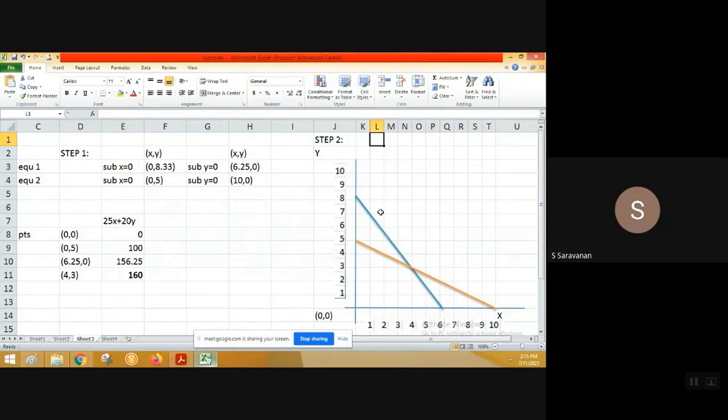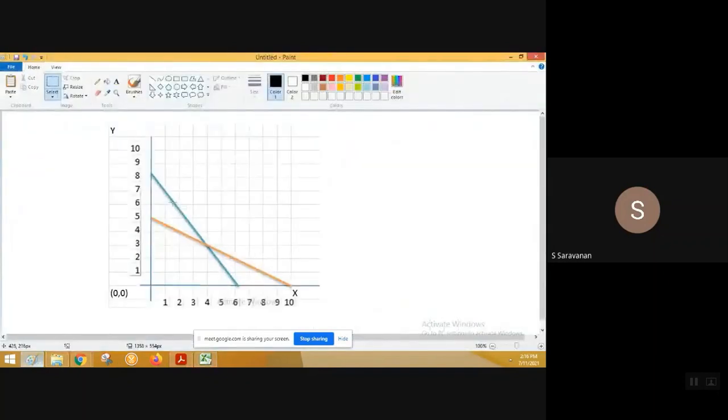Okay. So now just let me know for equation 1, this is an area and this is an area. For equation 2, this is an area and this is an area. So now let me know which is a common area. For both the equations, which will be a common area? So will this be a common area? I'll just try to draw. This will be the common area.